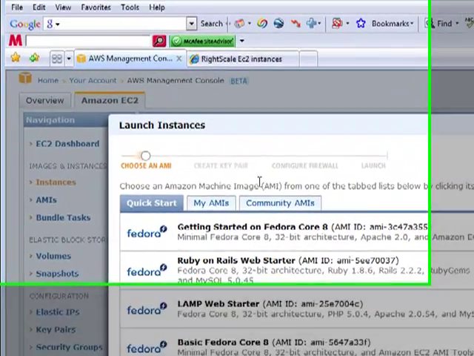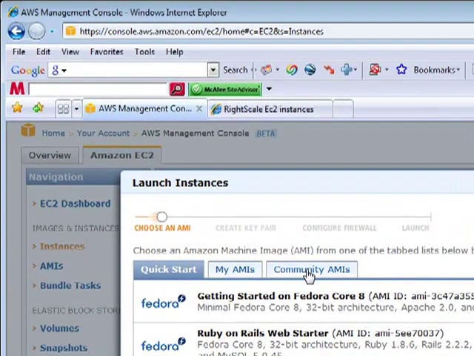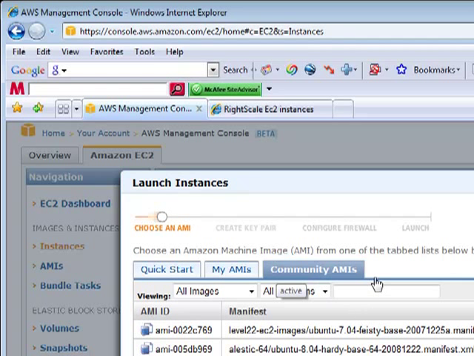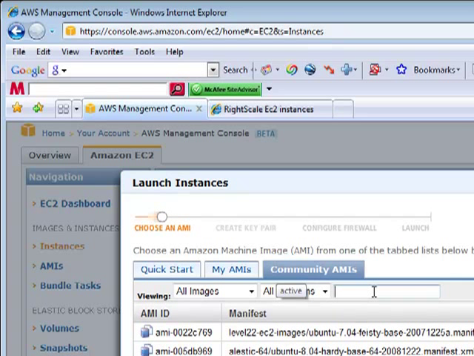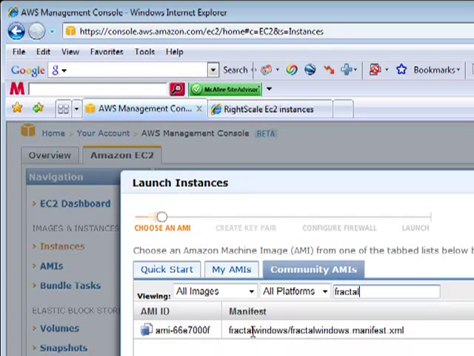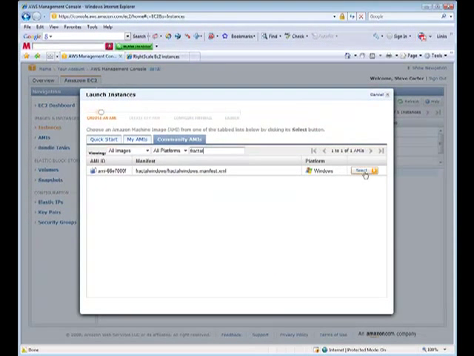and here if you just go to the Community AMIs, an AMI is an Amazon Machine Image, and the easiest way to find this particular AMI is to type fractal right here. Jared Allen, a friend of mine, created an instance that has the fractal server already loaded into it, and it will start up on the instance being created. So if we select this,